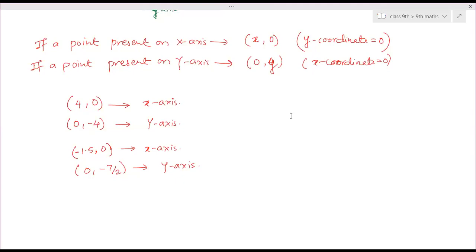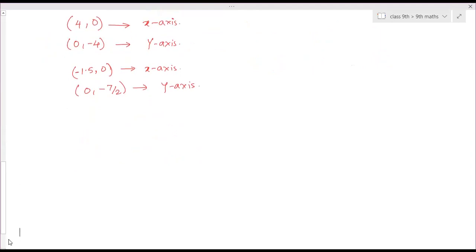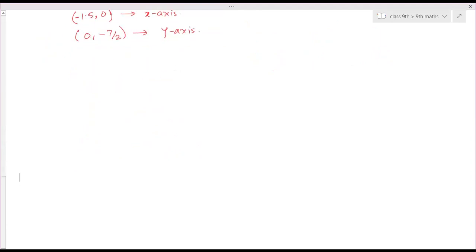One point I left out, it is not there anywhere, but I have seen some questions based on that. That is plotting the mirror images of the given points. So that means if the point has been plotted, you have to plot its mirror image. So what does mirror image mean? Do you know what is mirror image? Laterally inverted images. That means whenever in a mirror, if you form the image,